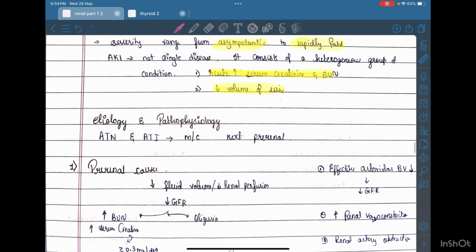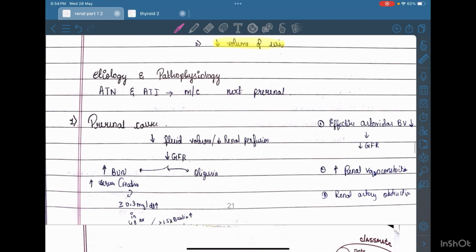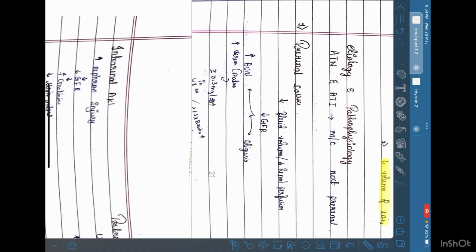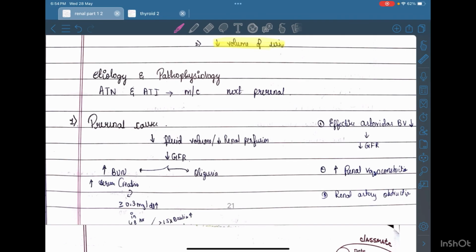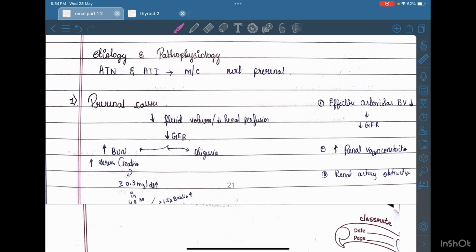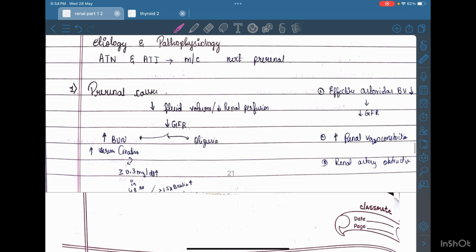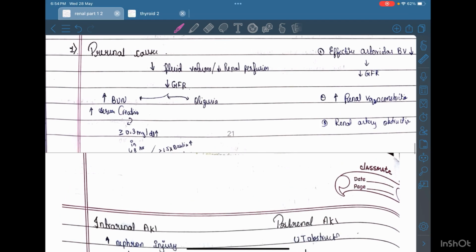Then etiology and pathophysiology. Most common cause for acute kidney injury is acute tubular necrosis or ischemia. Next is your pre-renal. Most common is acute tubular necrosis. Coming to the causes of acute kidney injury, we can